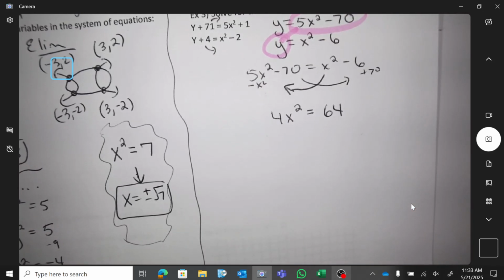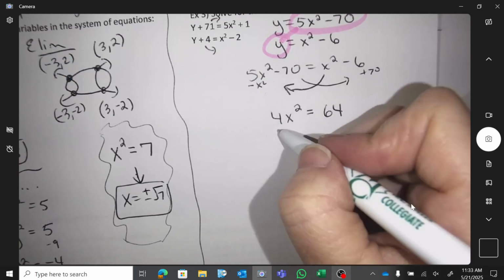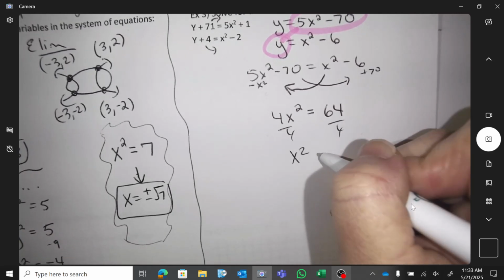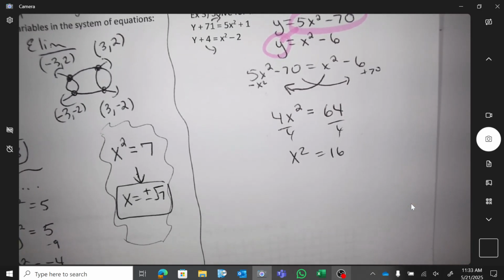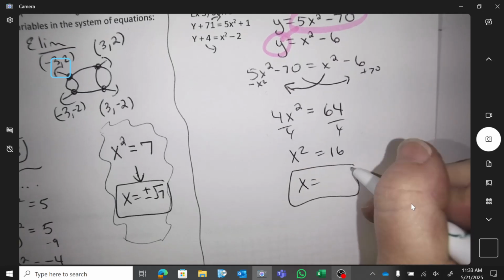Okay, do you like what I did? Everyone's okay with that? Divide by 4. X equals